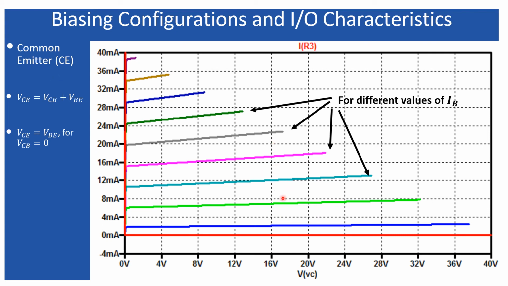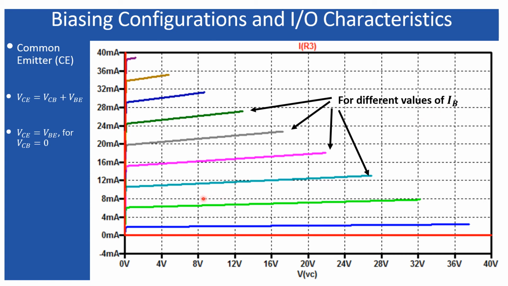This represents the output characteristics for the common emitter configuration. The output voltage, that is the VC, I have placed along the x-axis, and this is the output current, that is the IC. Look, the order is milliampere order. Similar to the previous one, the common base configuration, where I obtained each of these curves for each individual value of the input current, that is the IE. In this case also, I have obtained each of these individual curves for a different individual value of the IB, which is the input current here.